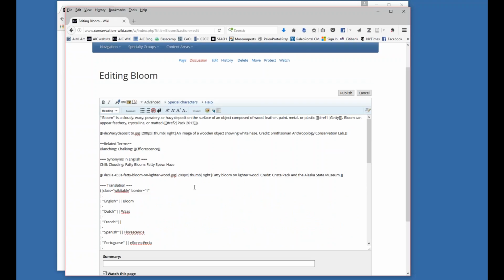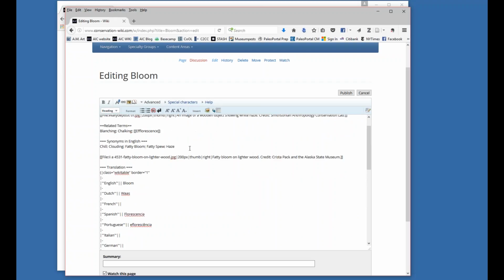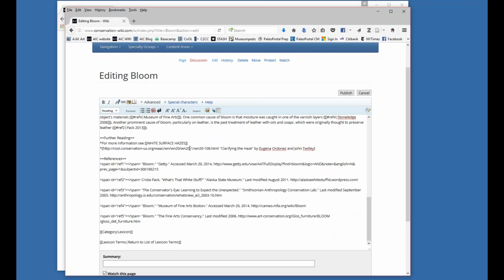So let's first talk about what we can do to add some text. Right now, I'm going to add a link to a glossary reference elsewhere. Let me just make sure that it's not here. Well, in this case, this one is here. And we're just going to check to see if this is the